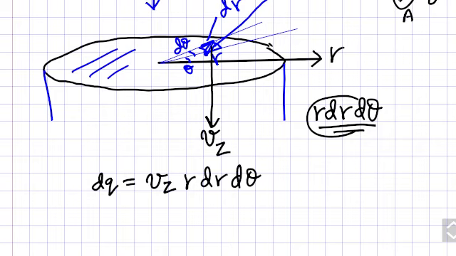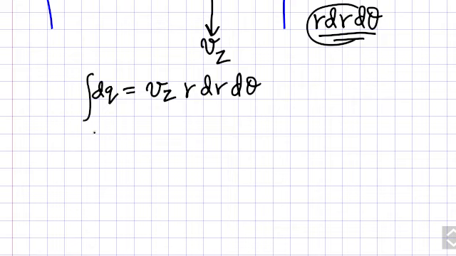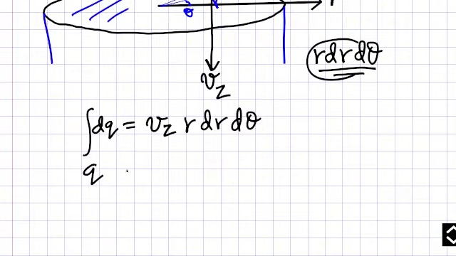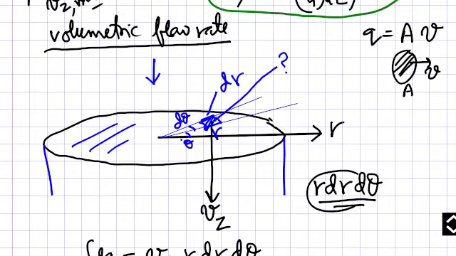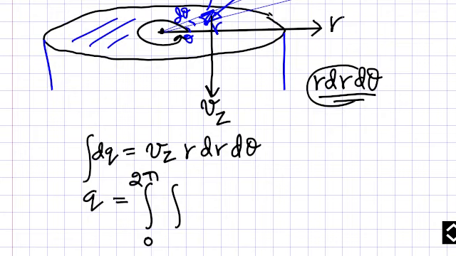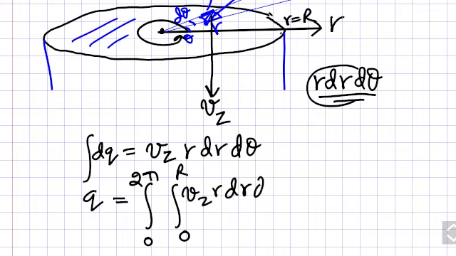Now if you integrate it, you will find the total volumetric flow rate through this whole area. I am not doing all that integration, but I am telling you it will be an integration like this in both dimensions. For the total angle theta, you will traverse like this, that will be 2 pi, and r goes from 0 to capital R. All these quantities you write here, and after you integrate it, you will get a very nice formula for Q.